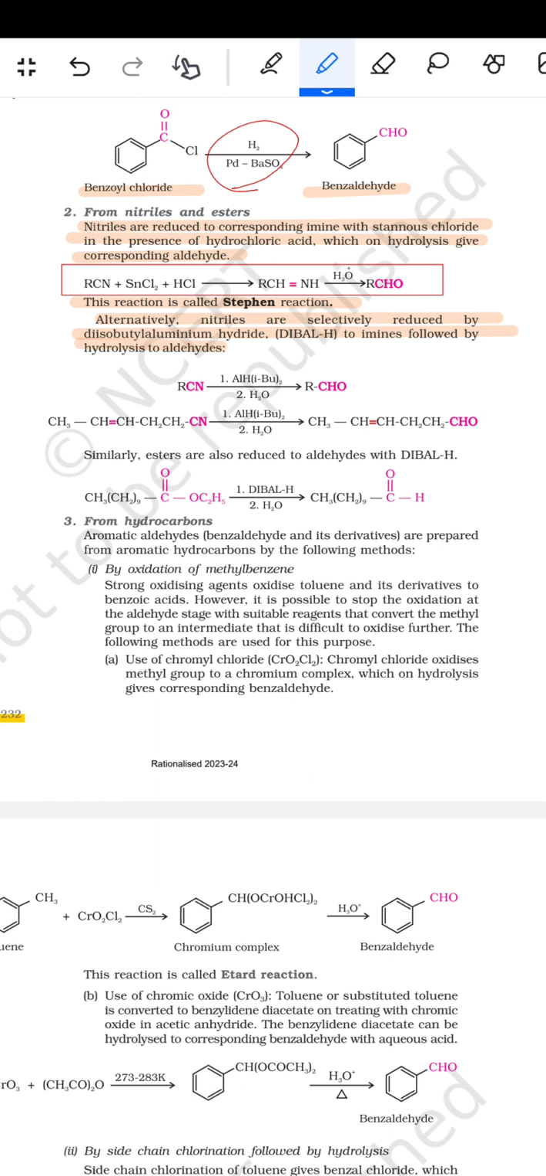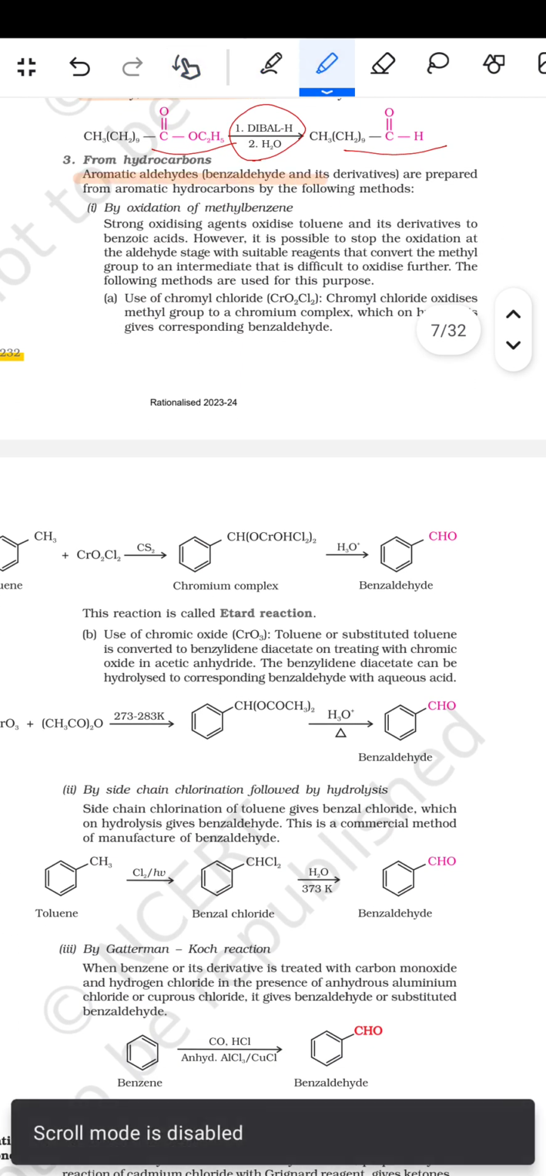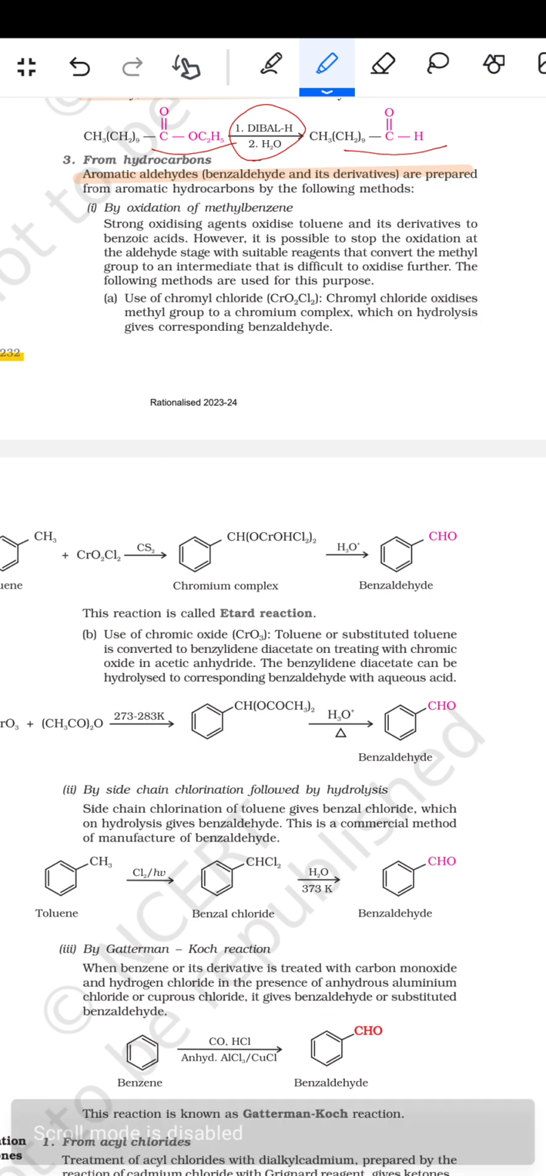Alternatively, nitriles are selectively reduced by diisobutyl aluminum hydride, DIBAL-H, to imines followed by hydrolysis to the aldehyde। तो RCN में DIBAL-H, फिर H2O करेंगे तो RCHO बन जाएगा। CN से एल्डिहाइड बन जा रहा है। Similarly, esters are also reduced to the aldehydes with diisobutyl aluminum hydride। जैसे DIBAL-H प्लस H2O डालें तो ये ईस्टर एल्डिहाइड में आ गया।